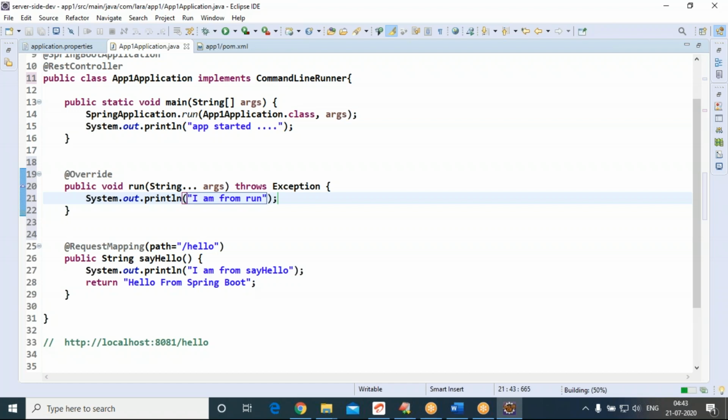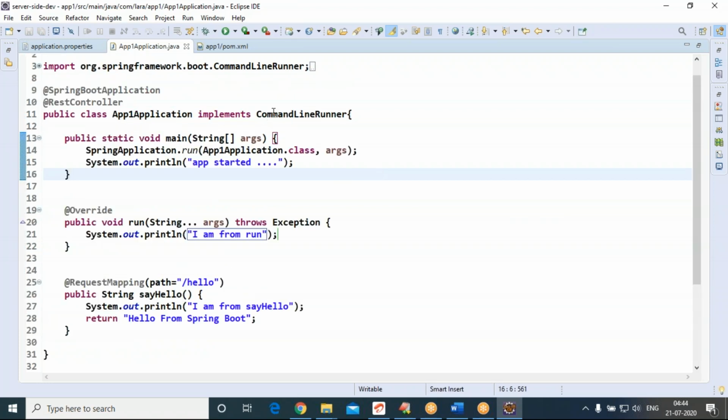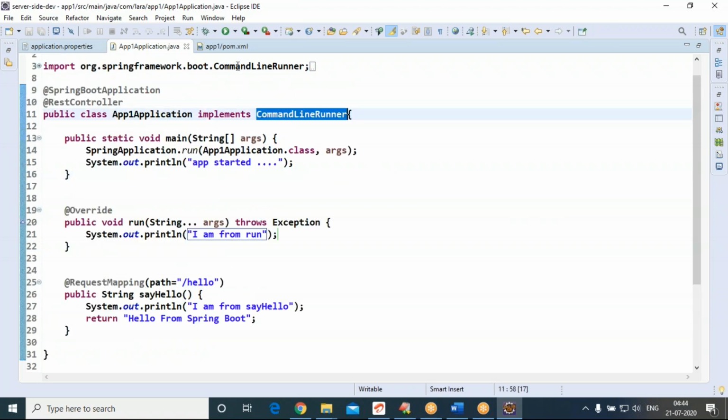Totally three methods are there in the application class. One is the main method, second one is the run method, third one is the API method, which we developed in the last class. This CommandLineRunner should be imported.